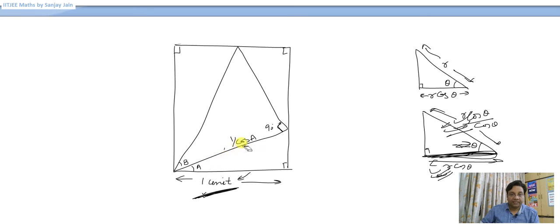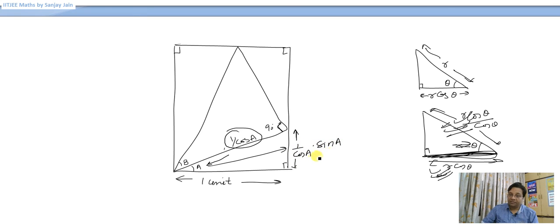Okay, so I can say that this side is 1 upon cos A. And if you can think this much, you can say this opposite side will be this side into sine of this angle, that is 1 upon cos A into sine A. What is this? This is tan A, right? So I wrote it just to show it to you. So I will write it as tan A. Otherwise I would have written it directly that it is tan A. Now this angle is 90. This is 90 minus A.